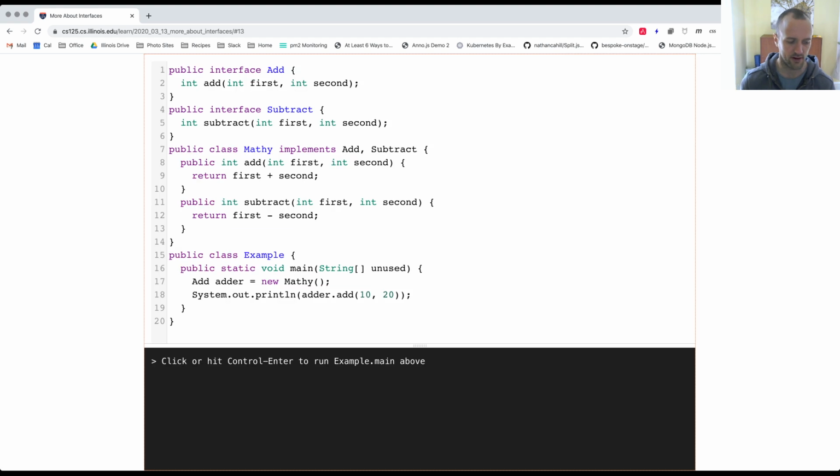And this is an example from last time showing how to do that. In this case, I have two interfaces, add and subtract. Each one just has one method. And I have this mathy class that implements both by providing a method to satisfy the add interface, and a subtract method that satisfies the subtract interface. And now I can use mathy as an adder. I can also use